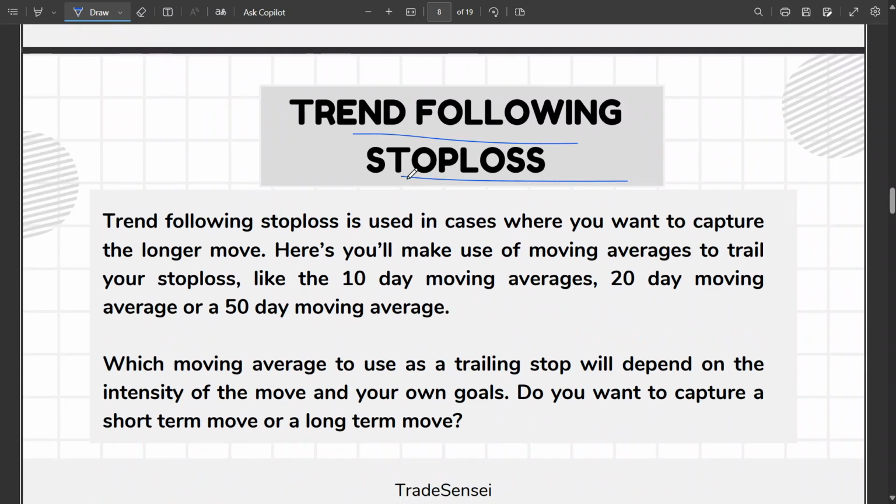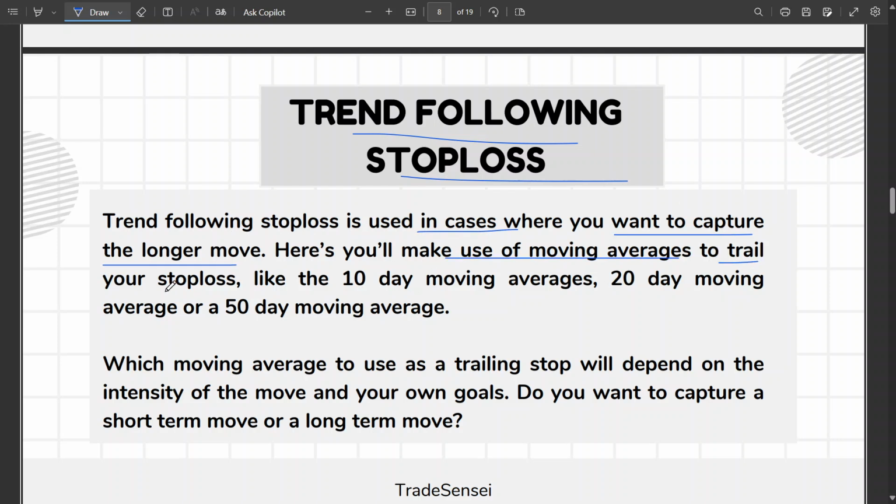Like here, you try to capture the entire trend by shifting your stop loss with time as the price moves, right? So trend following stop loss is used in cases where you want to capture the longer moves. Here you will make use of